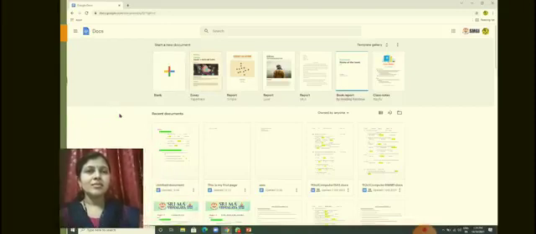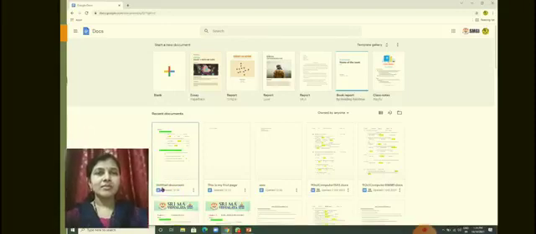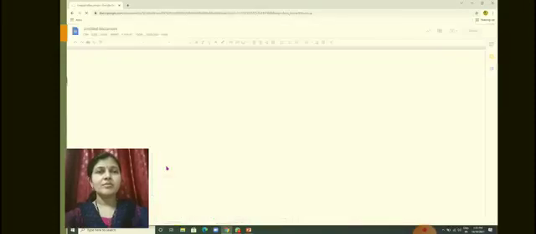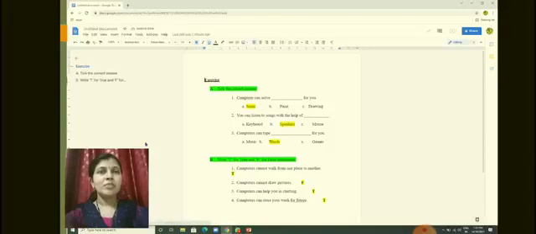This is the document home. Here I can see my file, that is the untitled document. When I click on this, it will get opened. So this will be saved automatically in my drive.